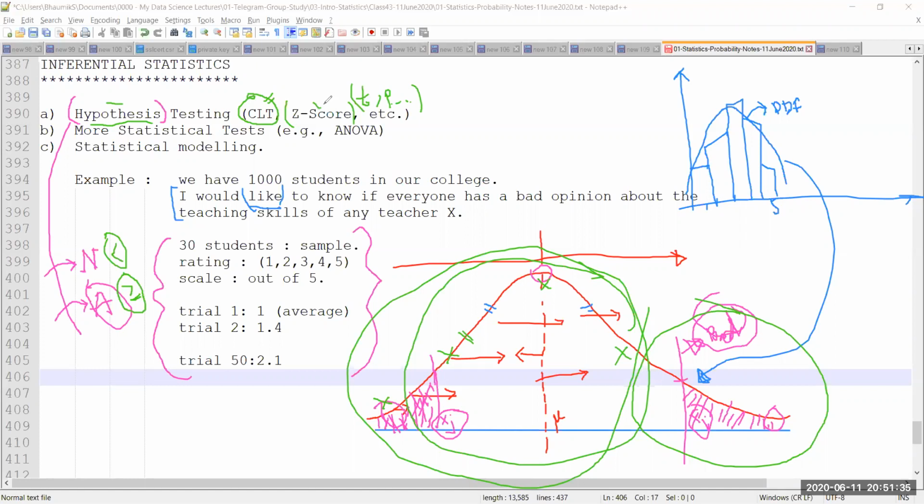But I can assure you this Z-score will look familiar to you, not the T and the P tests. Why? Because this Z-score is simply an extension of that Z value, which we have already calculated until the last class, right? But to do all these things, we need to know what is hypothesis, which you have already understood. If you have any questions, please do let me know. And then we need to understand what all are the assumptions which we are going to take when we do